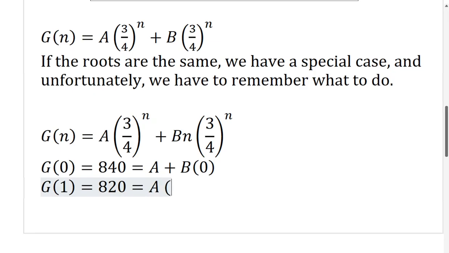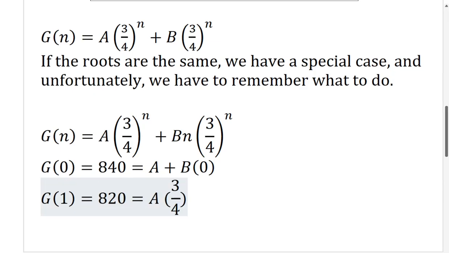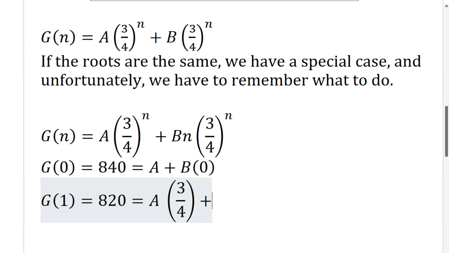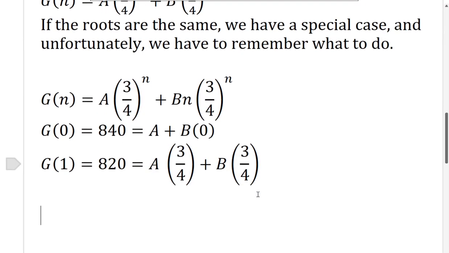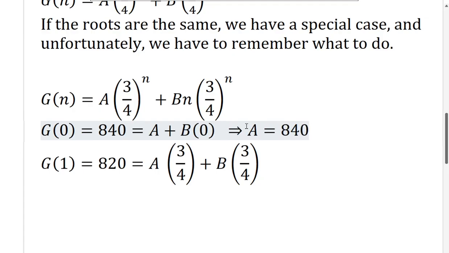by 3/4 to the power 1 plus B by 1, which is B by 3/4 to the power 1. Okay. So actually, I'll be a bit obvious. That first one there means that A equals 840. Cool. And now the second one gives us 820